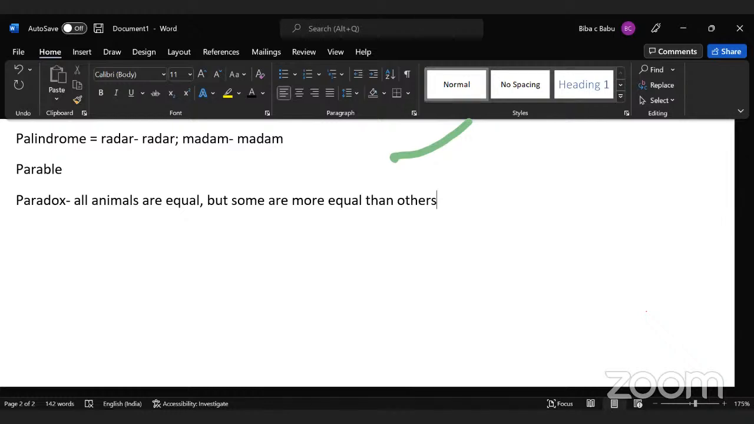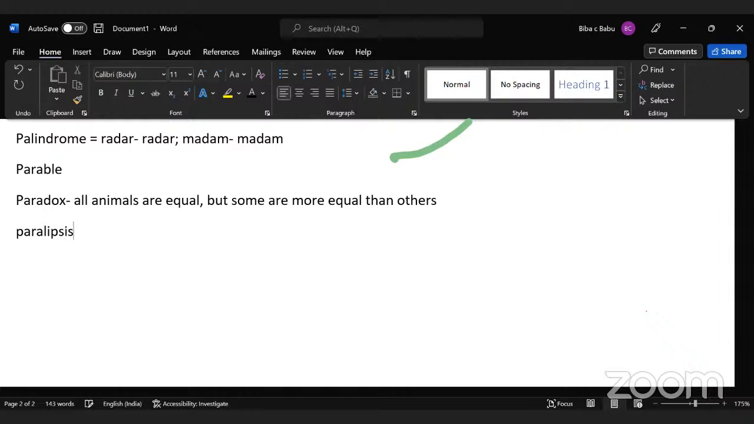That means it is not equal, right? Some are more equal means it is not equal. Yes. So that's the paradox. Self-contradictory. You say one thing in one sentence, and in the next sentence you are contradicted. Contradictory means saying the exact opposite. That is paradox. Next is